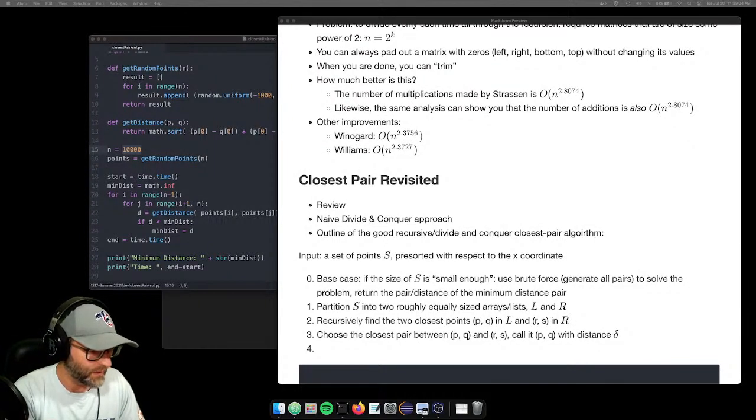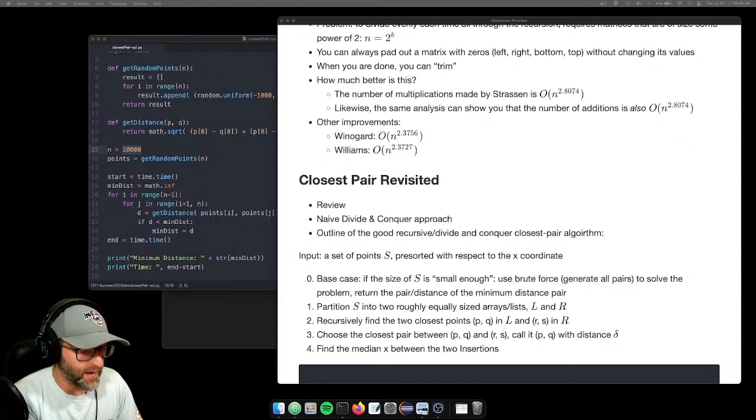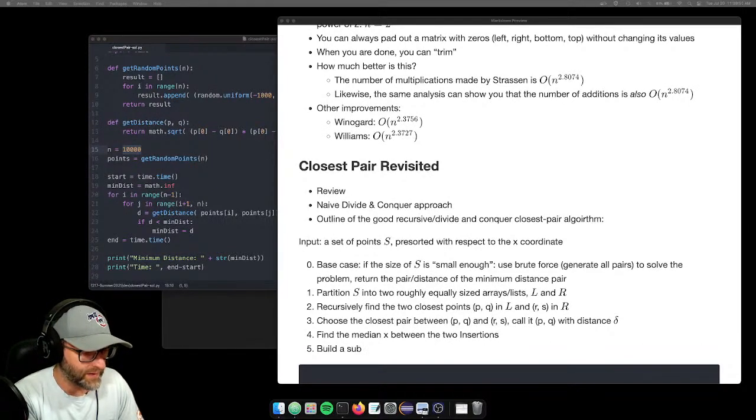Let's see. Step one: find the median x between the two sets. All right. And then next, build a subset of S whose x values are in